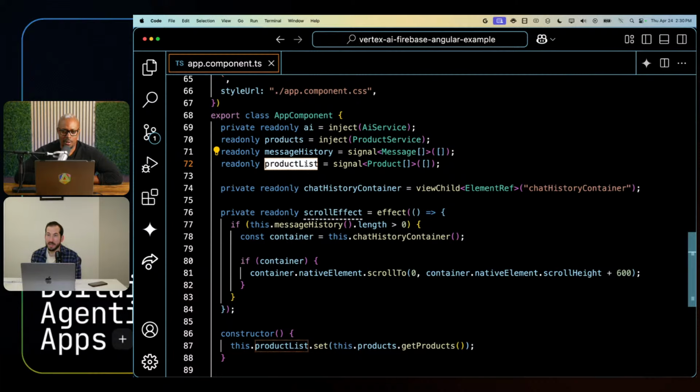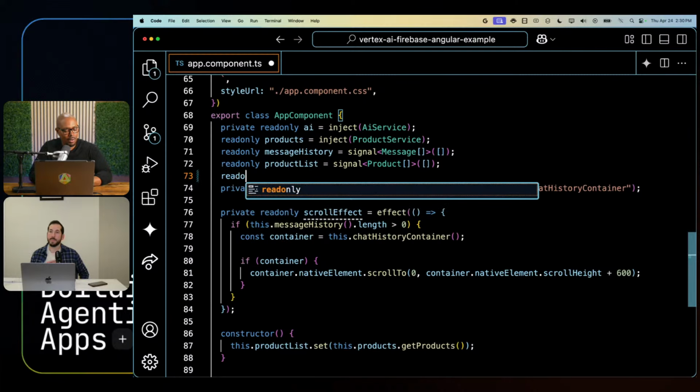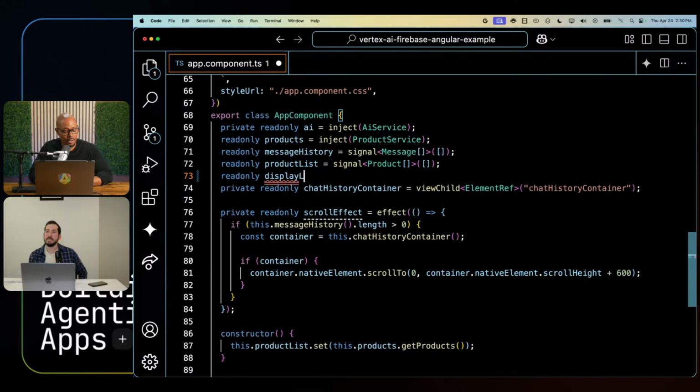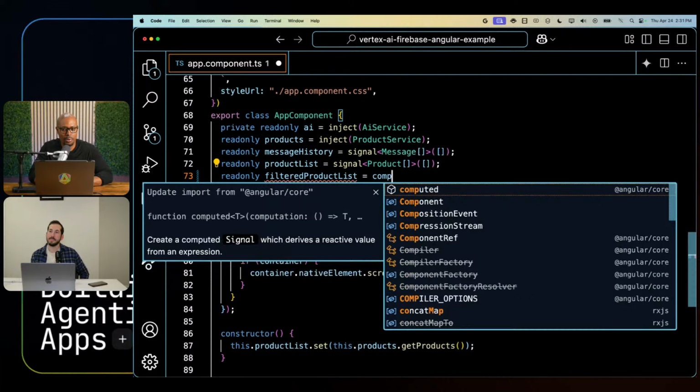Sorry, I missed the last thing you said because a plane just flew overhead. No, no, I'm thinking, what if the other things are computed? So I was thinking a read only display list, product display list, or I could just say filtered product list. That's a really long name. Filtered product list. So here's what I'm thinking. If we do equal to computed,